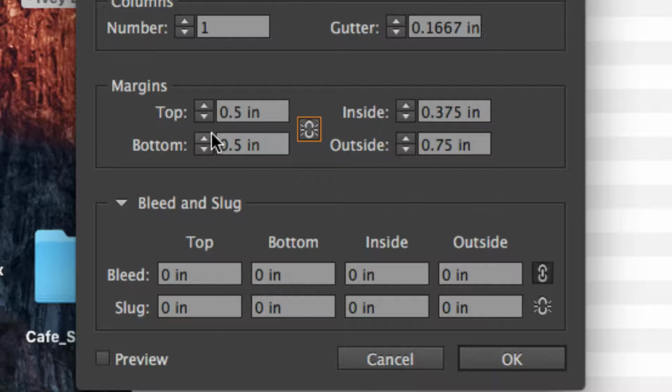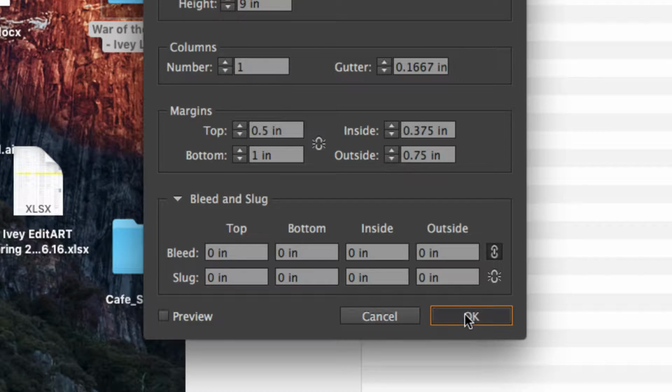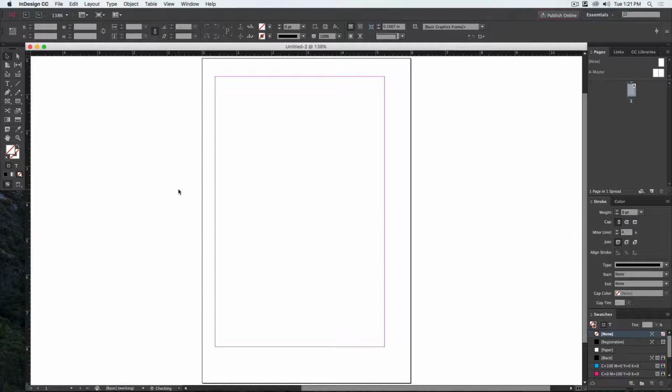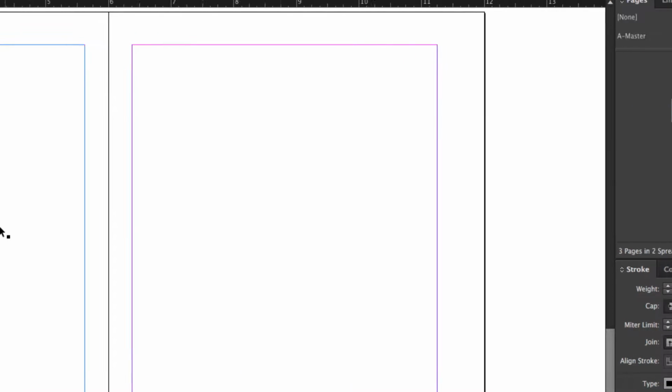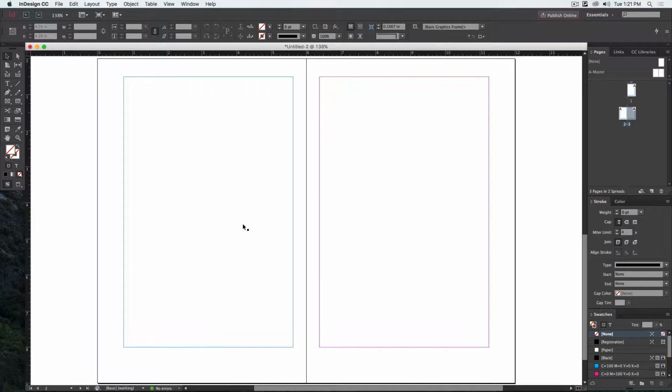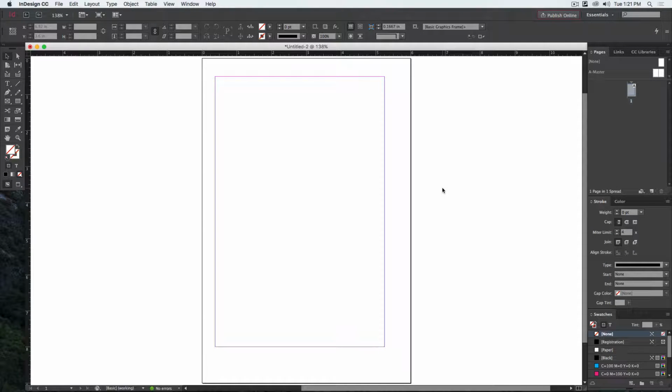Also, for mine, I'm going to put my page information at the bottom. So I'm going to give it a little bit more of a margin, maybe a full inch at the bottom of my page. When I say OK, I'm not going to worry about bleeds and slugs. Right now, this is what it looks like. And remember, in your pages, when you start adding more onto it, this is what your full page will look like, left and right. So the first thing you need to do is to set up a very simple document for that. Later on, we can go back and